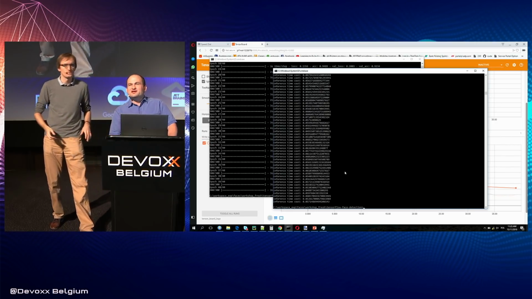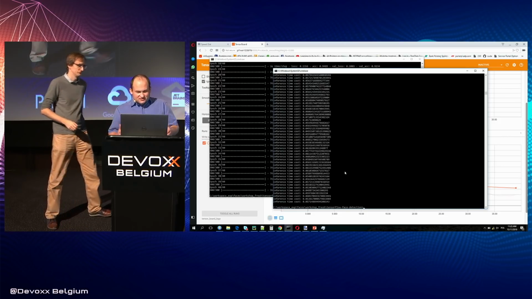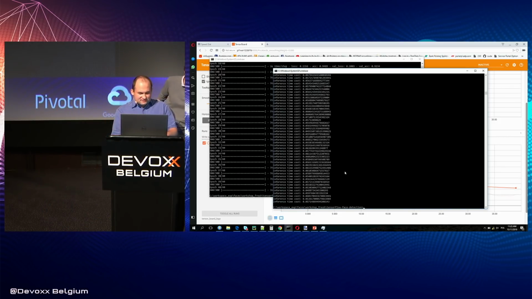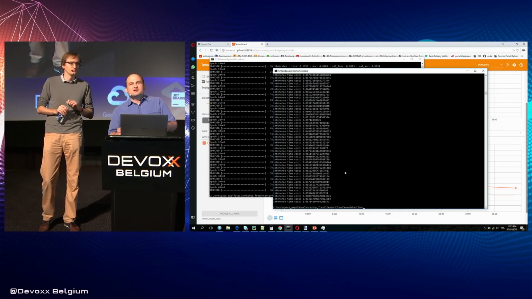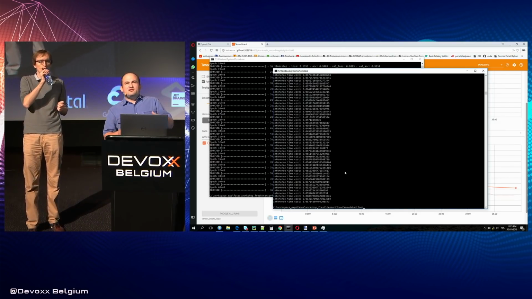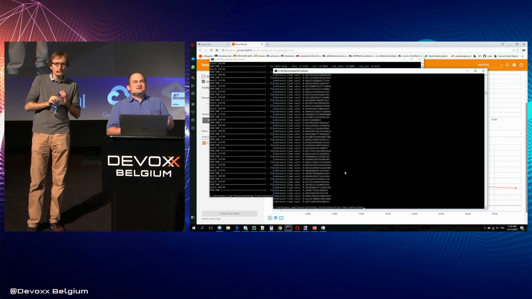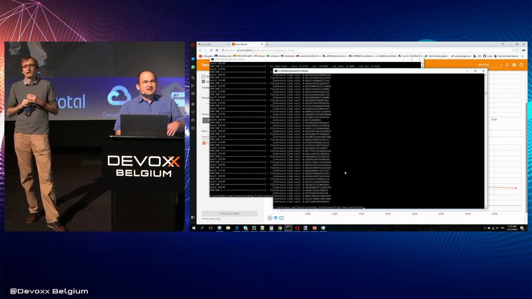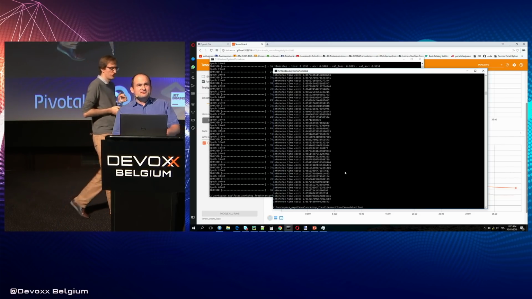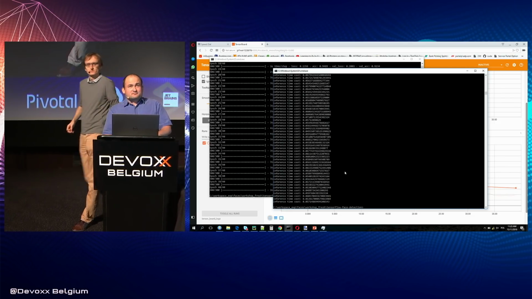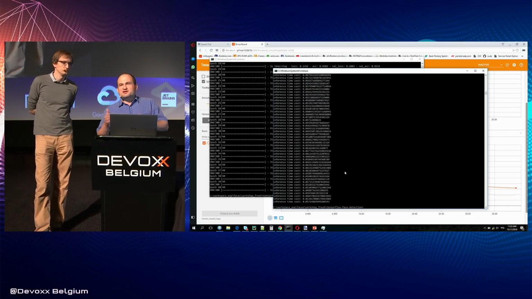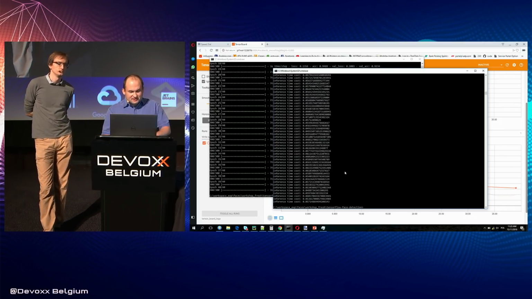Actually, when we came with this idea to Stefan, he told us that he has an idea to have an application to find in all the Devoxx pictures that he has in his library, probably millions of pictures, all the pictures of a particular person to put somewhere in the schedule or whatever.